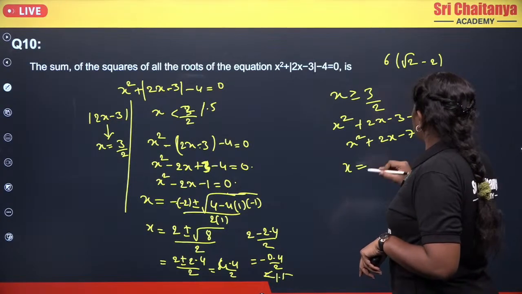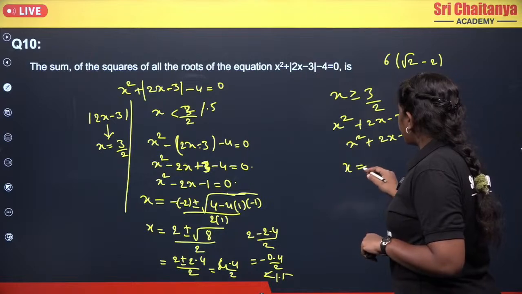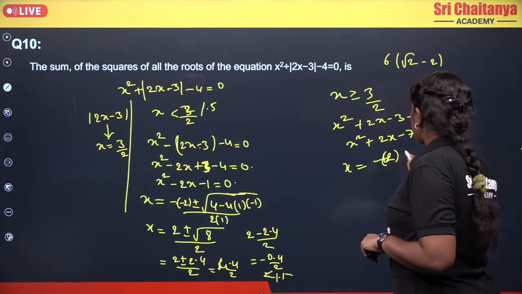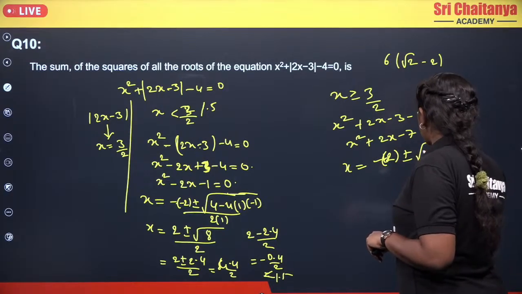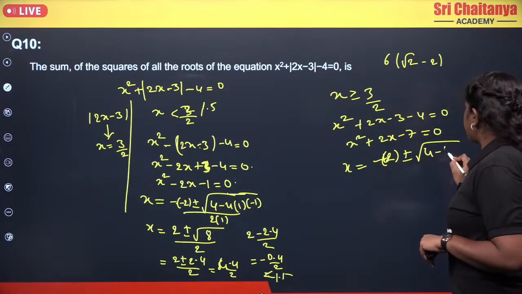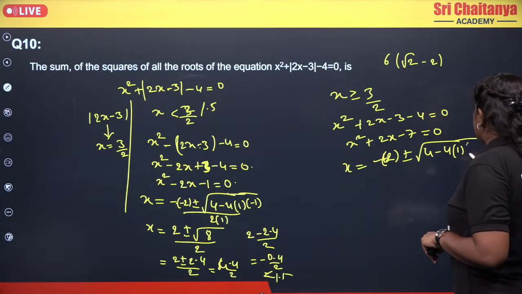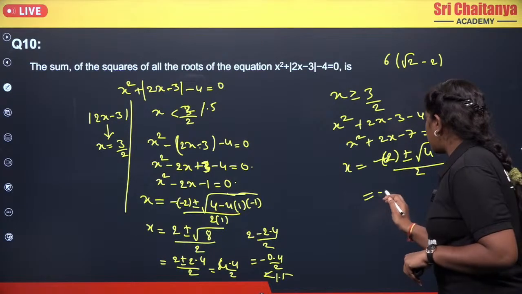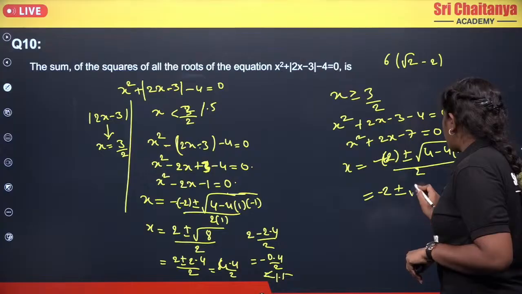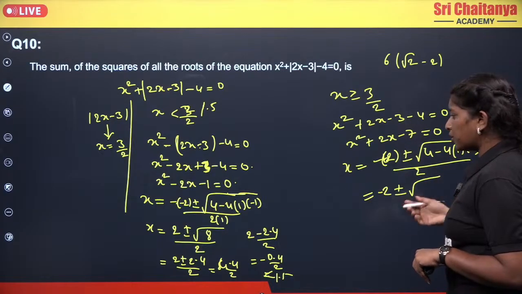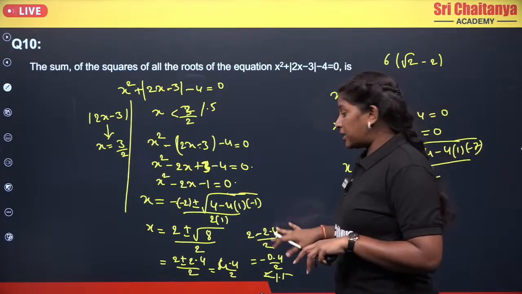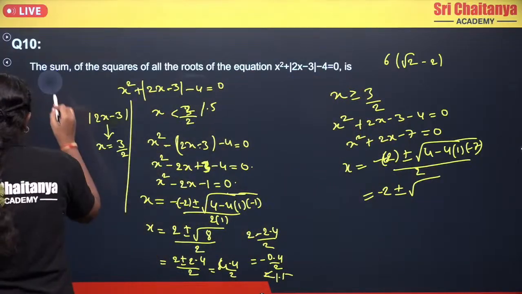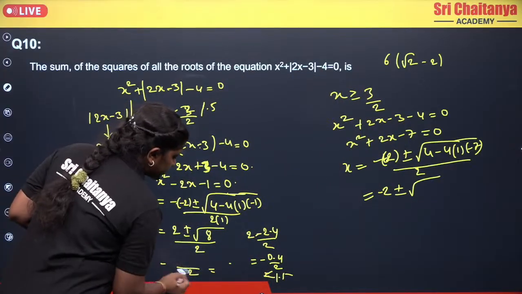So coming to here, you will be getting x equals to minus b, so minus 2 plus or minus root of b square minus 4ac, that is 4 minus 4 into 1 into minus 7, by 2. Okay, so here minus 2 plus or minus root of, so here also you can take the roots directly. From there you can eliminate, because you need to find the sum of the squares, right? So instead of taking decimals,